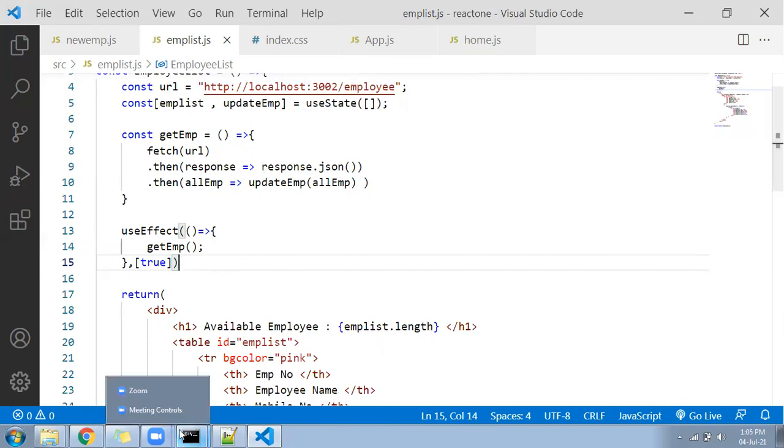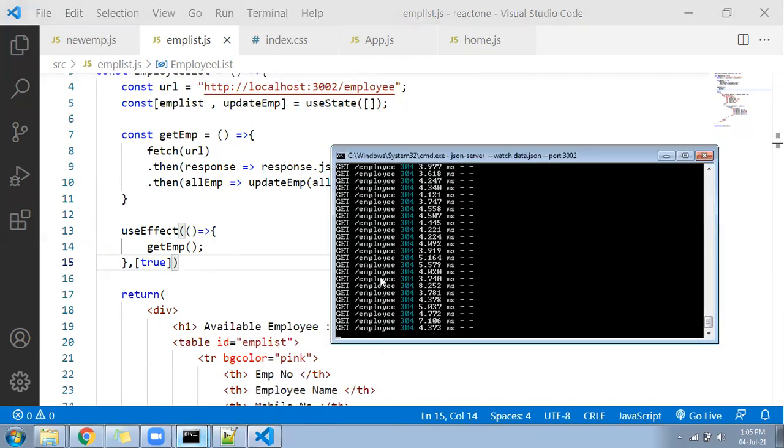This is because your server is getting hit again and again. You have seen here that earlier it was continuously calling, and now it has stopped. For what purpose? The useEffect function needs a second parameter for the number of times to execute, so we gave it true. True is nothing but one. So the useEffect function will be called only one time and will not hit your JSON server again and again. If you do not write the true at the end, your server will keep getting hit and will stop at a certain moment. So we should not make that mistake.